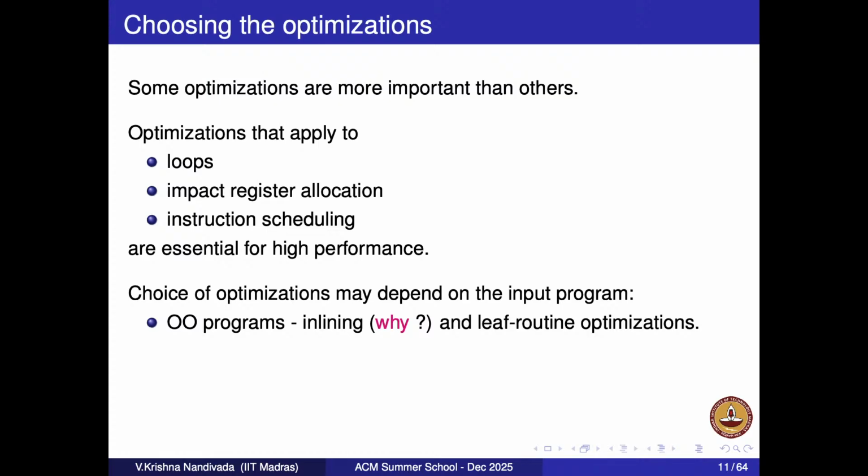But why is function inlining more important for object oriented? What you're saying is function calls are expensive. So inlining is better. I agree with that. But you still have to dereference even if you inline it, right? Because the dot f there and dot f here, you still have to do it.